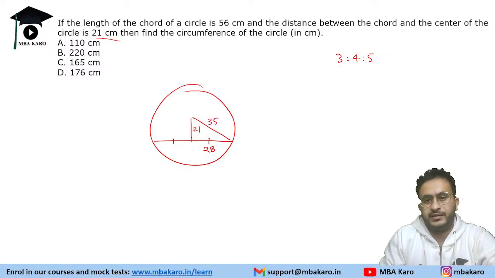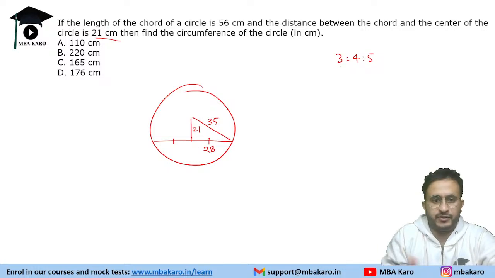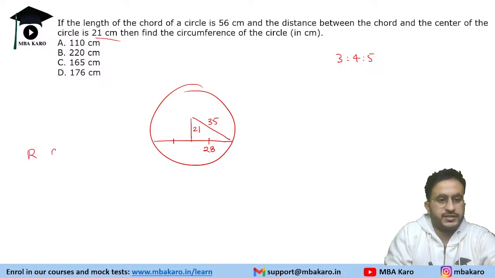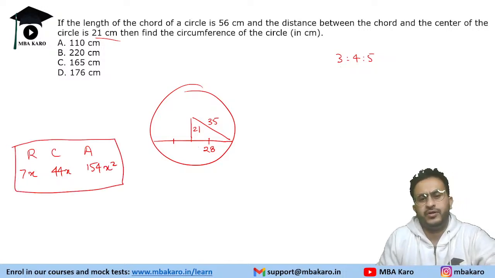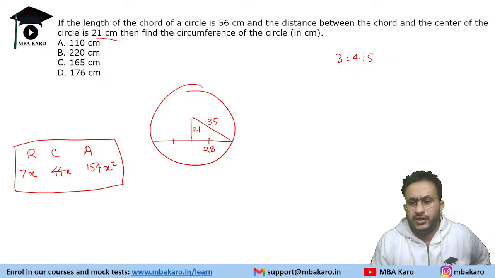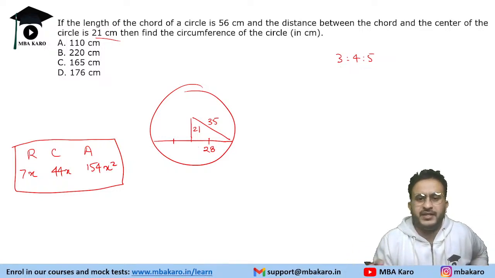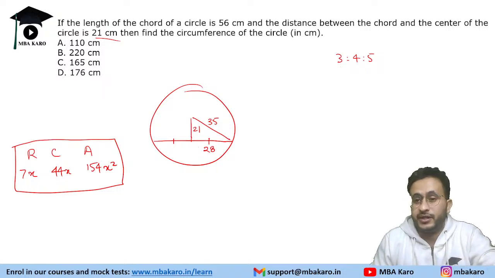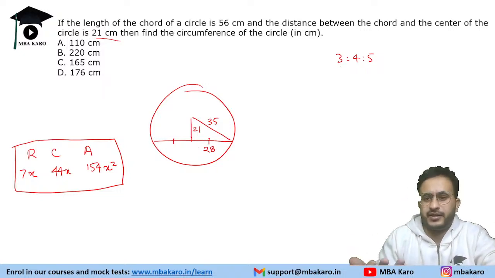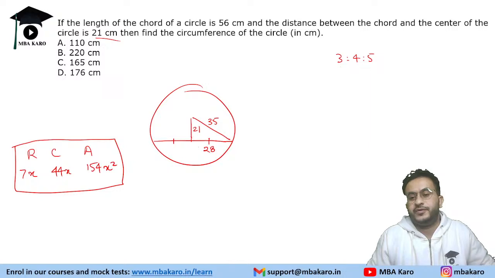Okay, and again, one thing I would like to tell, right? Radius, circumference, and area: if the radius is 7x, circumference is 44x, and area is 154x square. ठीक है, तो ये चीज आप याद रख लेना, because most of the times they give you radius as a multiple of 7, which people do not realize. ठीक है, मतलब हर बार कैलकुलेट कर रहे होते हैं. ठीक है, रेडियस इज ऑलवेज अ मल्टीपल, आई मीन नॉट ऑलवेज, बट मोस्ट ऑफ द टाइम्स इट इज गिवन